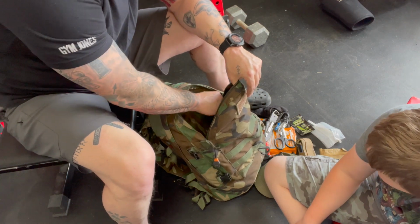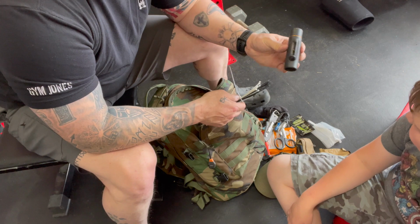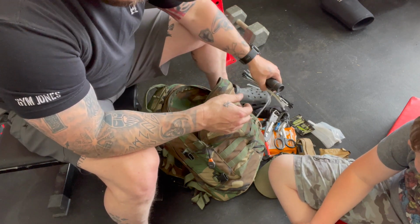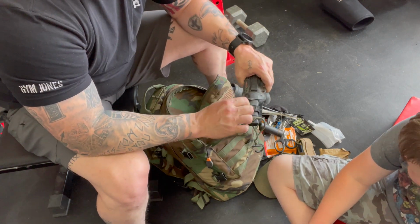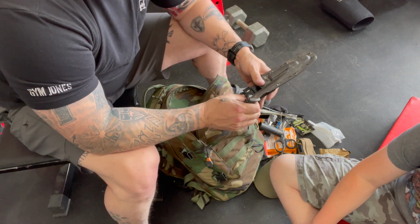It's like a never-ending kit here. We got a monocular. It used to be a binocular, and then it broke, it turned into a monocular. We got some zip ties. We have, Logan, this was the very first knife I ever bought when I joined the military in